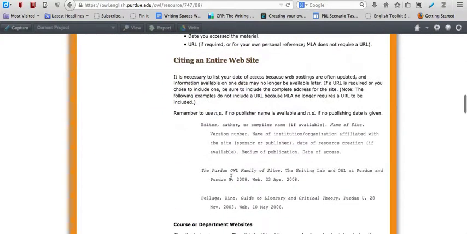The advantage here is that not only does it give you the sample, the model, it also gives you sort of a template that tells you what all the different fields are. So this starts with the editor, the name of the site, and you can see here it's italicized, and you can see that here. The site title is italicized, and it explains what Purdue University and these dates, etc. So this is really a good one-stop shopping. Again, it's not going to have everything, but if you have anything more unusual,